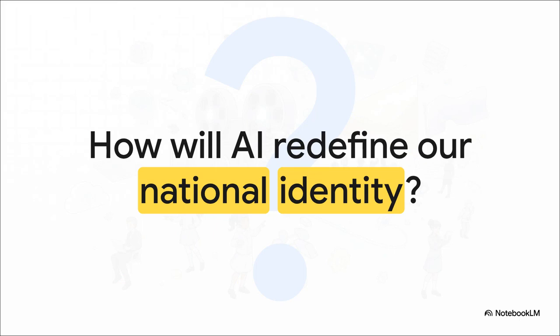Which brings us to our ultimate takeaway. We've just seen how a few paragraphs of text can direct an AI to completely synthesize the geography, history, and soul of a nation into an 8K cinematic experience. As these tools become more and more accessible, literally anyone with a keyboard becomes a virtual film director. So I'll leave you with this question. How will AI prompts redefine the way we collectively visualize our history, our patriotism, and our national identity moving forward?